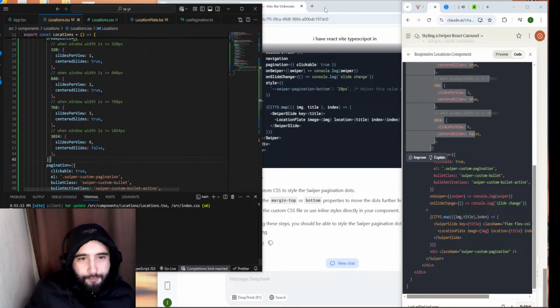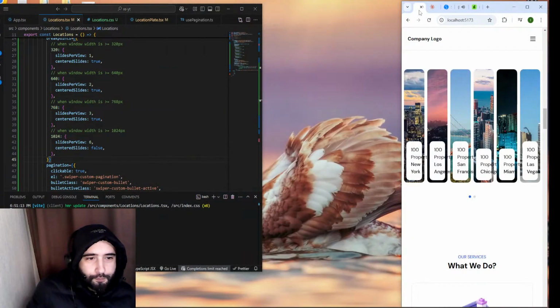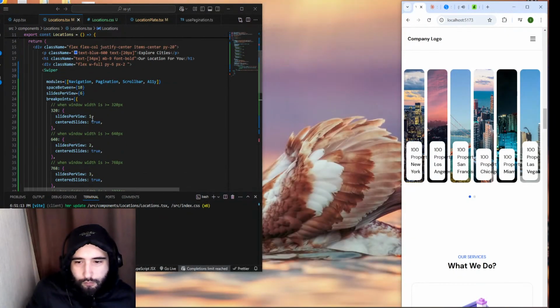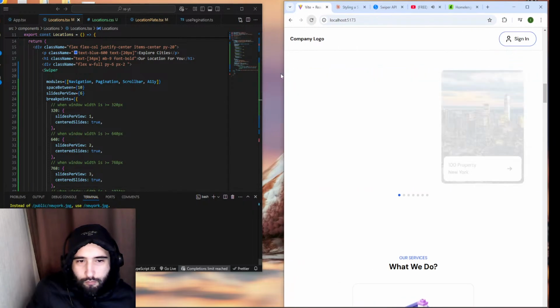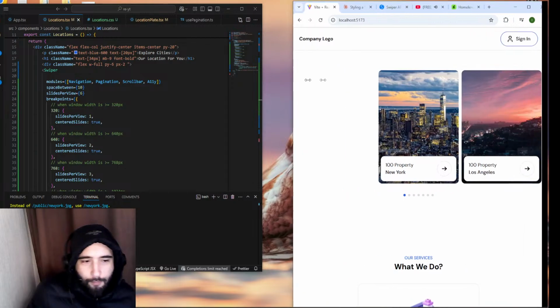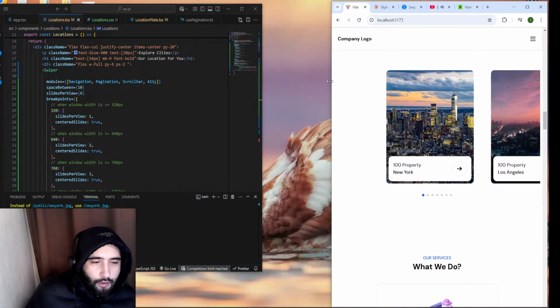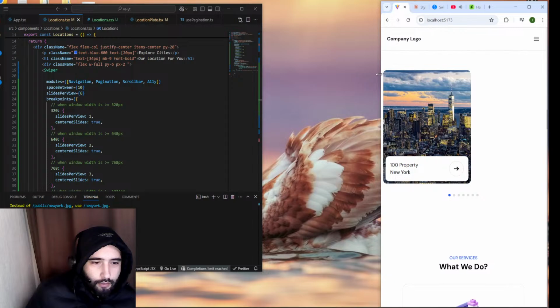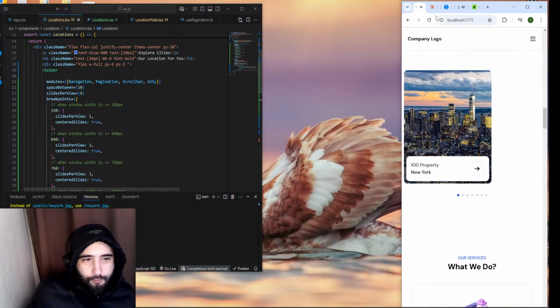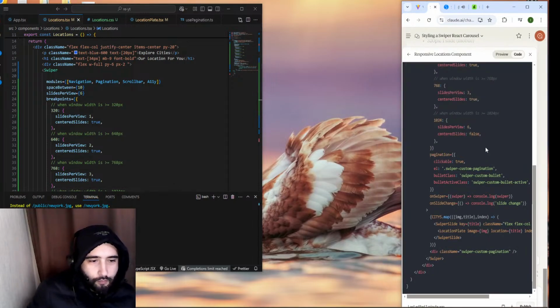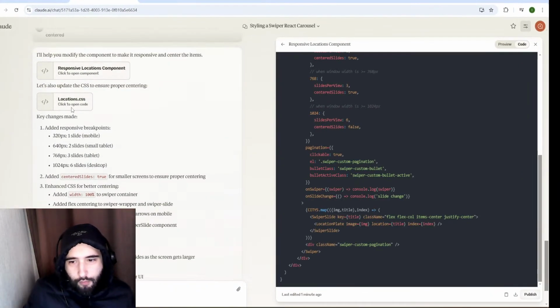Yep. Yep, this works. Now the thing is, it needs to be centered. Like, it's not centered. For centering,